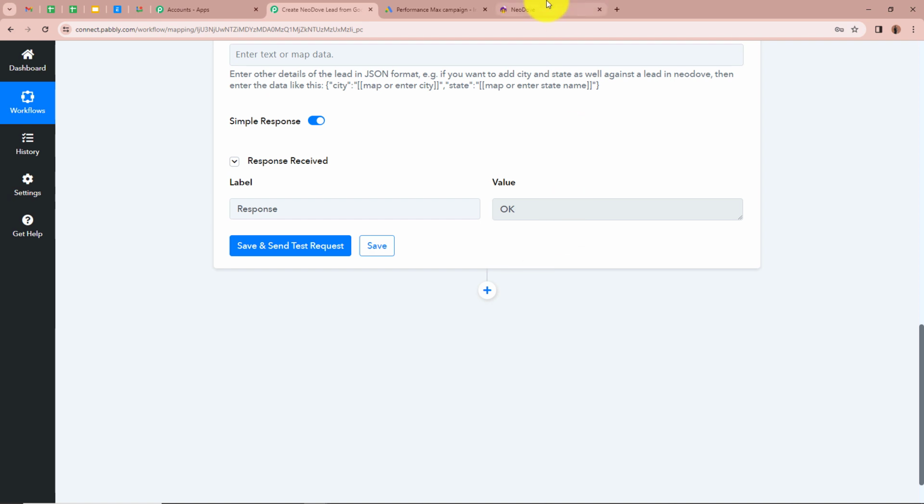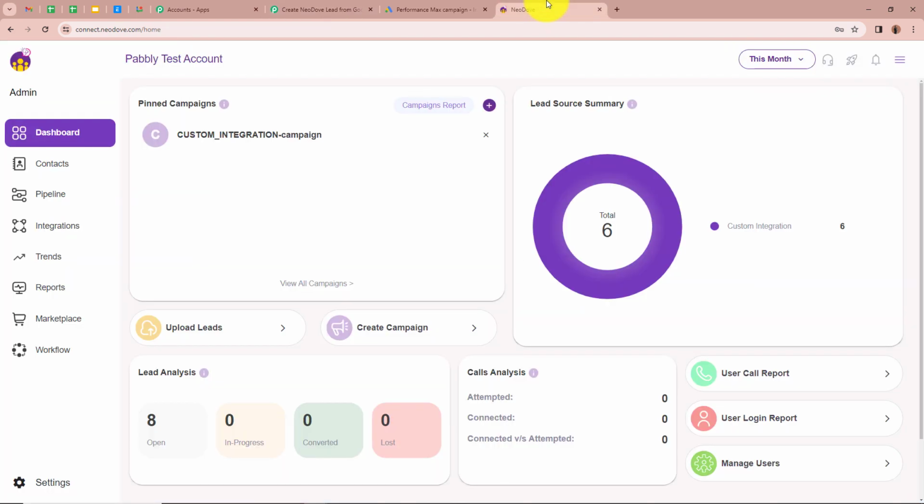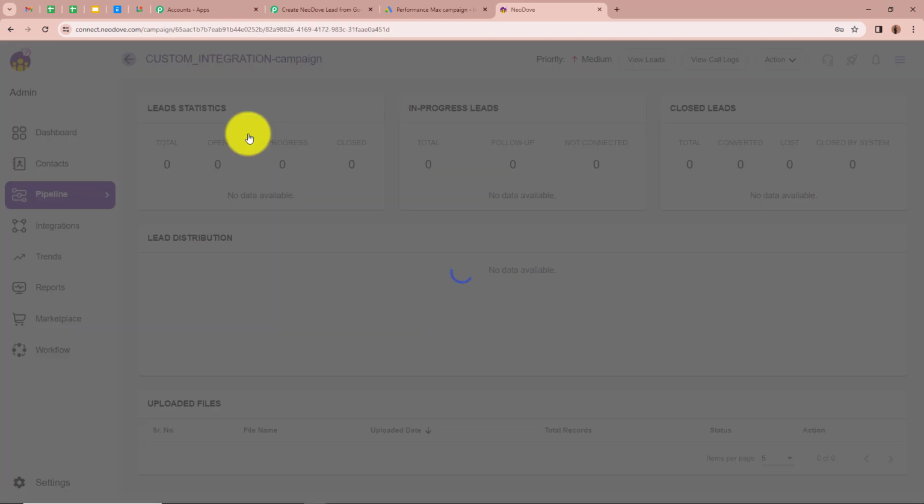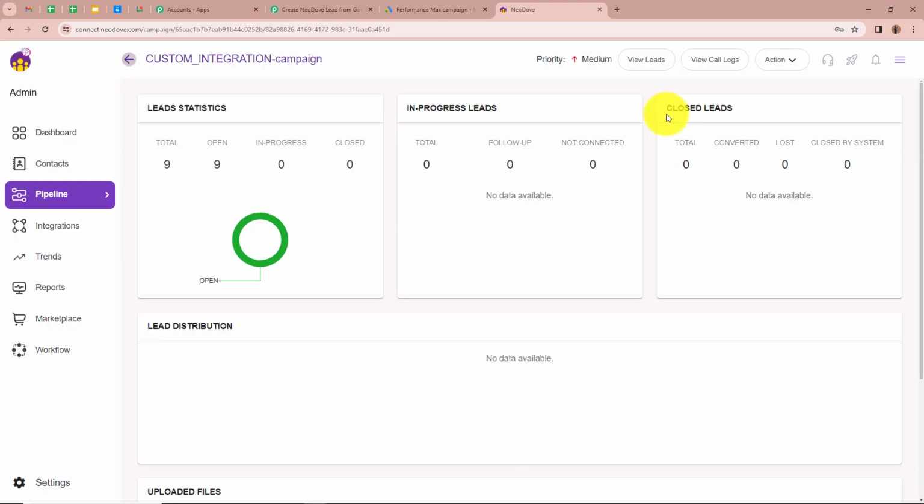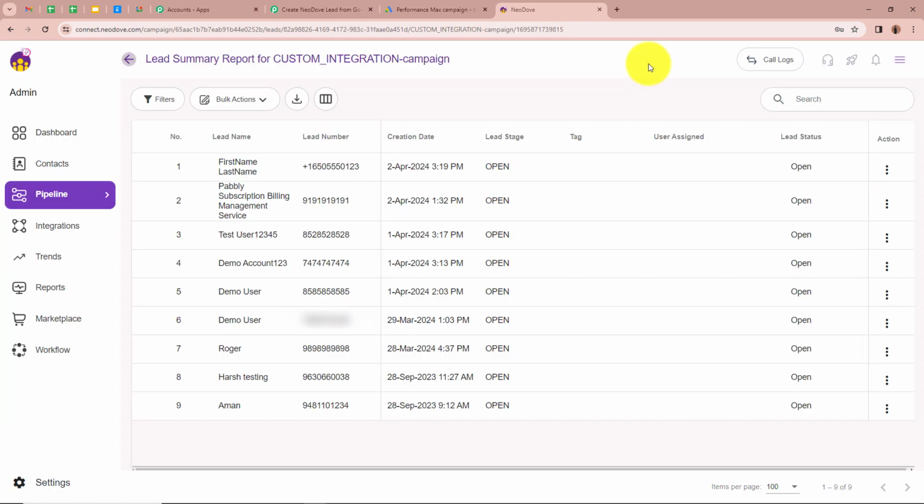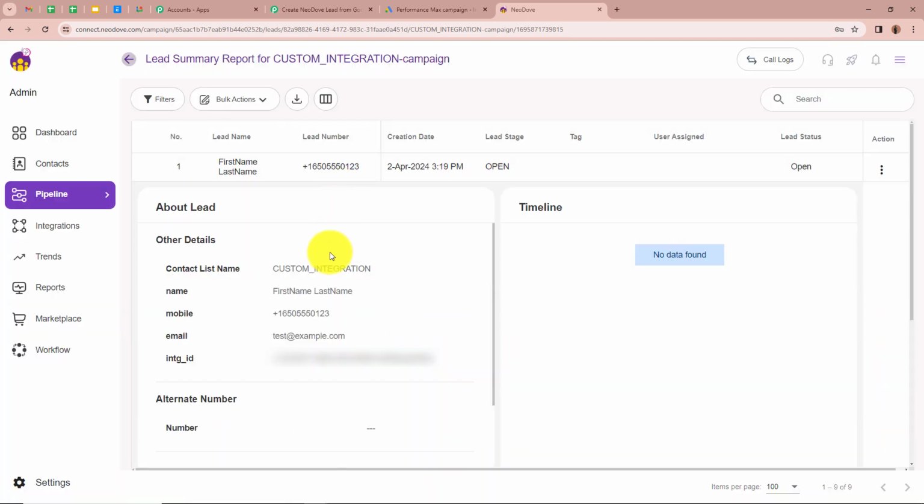For that, I'm going to open my NeoDove account. After opening NeoDove account, how are we going to check whether a new lead is created? We're going to click on the campaign that we have created, that is right over here. Then over here, you can see it says view leads. We're going to click on it. And over here you can see a new lead is created in my NeoDove account. As you can see, this is the lead that is created. For the name, first name space last name, for the phone number, dummy mobile number, for the email, a dummy email address. So this means that we successfully created an automation between Google Ads and NeoDove with the help